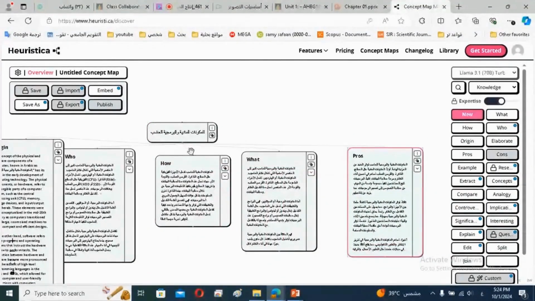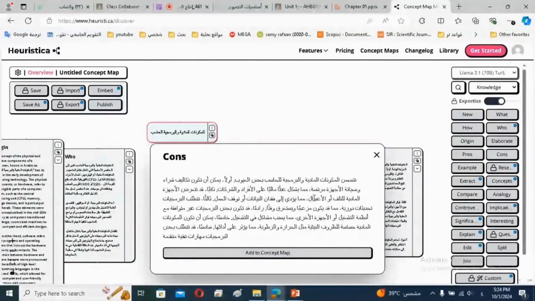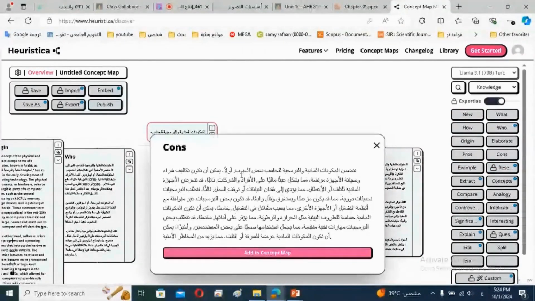So I'm gathering information. He will tell me, when you mention the advantages, mention some of the disadvantages. I will mention the cons. The cons here are the disadvantages. It will start to include the physical and software components to account for some disadvantages. Keep in mind, I brought up the physical components. You could bring up another topic. And it will show you the advantages of that topic and the disadvantages as well.